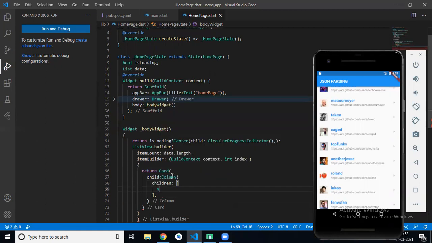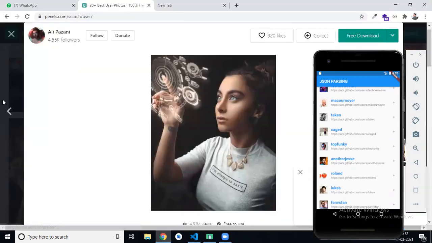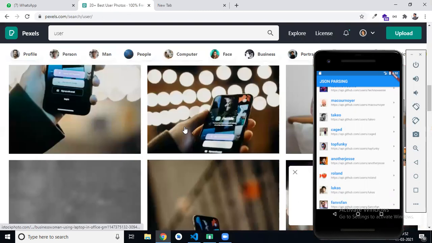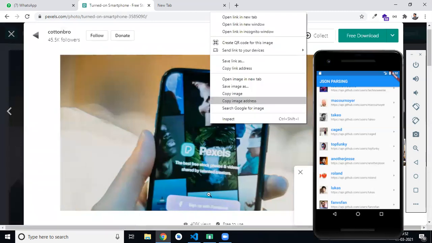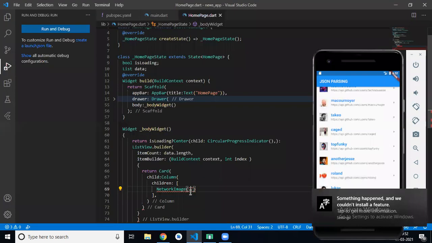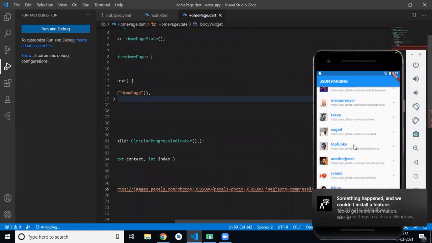So first is our network image. First I will pass a static image, then we pass a dynamic image.